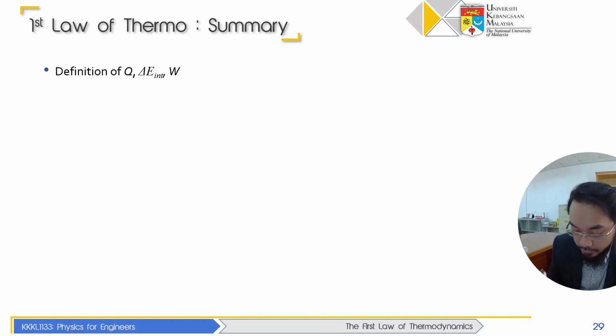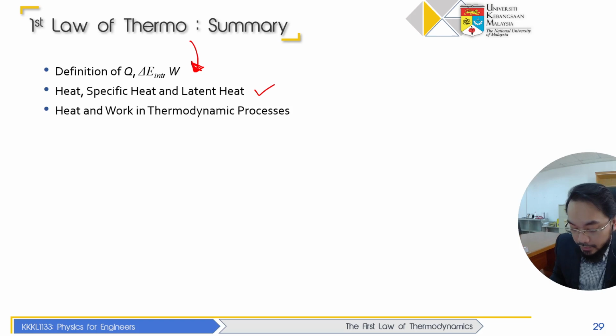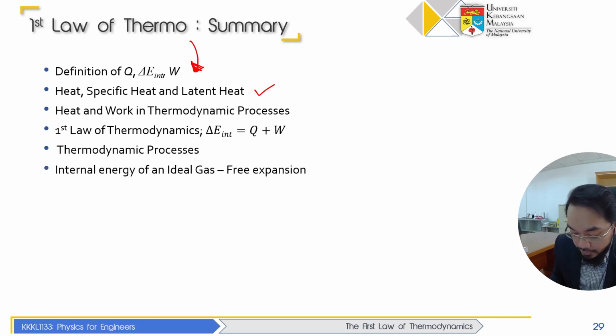The first law of thermodynamics is the equation governing the conservation of energy of thermal energy. So you know the change in internal energy, work done, and heat transfer: Q, delta E_int, and W. We have looked at heat, specific heat, and latent heat, important in looking at the change of phase of material and also the change in temperature. Heat and work in thermodynamic processes, the first law of thermodynamics, examples of thermodynamic processes. That's four. Remember, there must be